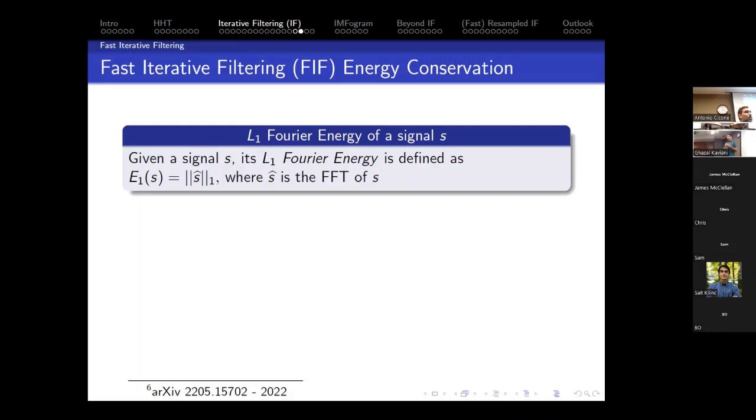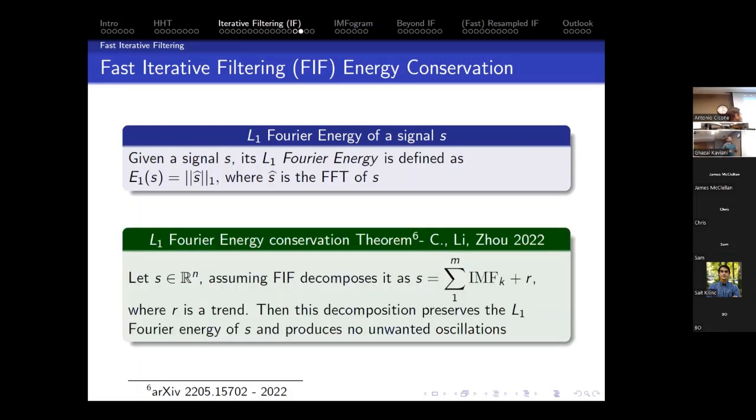That's a big problem because you cannot guarantee that the IMFs you are producing are meaningful from a physical point of view. But with iterative filtering, we were able to prove that if you work in the frequency domain, you are basically preserving the energy in the Fourier domain. So we have a theorem that tells you, I mean, it's pretty simple, that the energy of the signal in the frequency domain is conserved using the IMFs produced with iterative filtering. So you can guarantee that the IMFs you have are non-orthogonal, but their energy is the same as in the original signal. Okay.